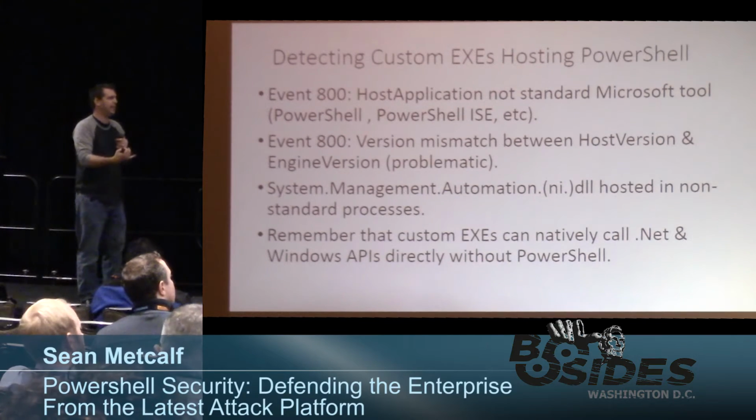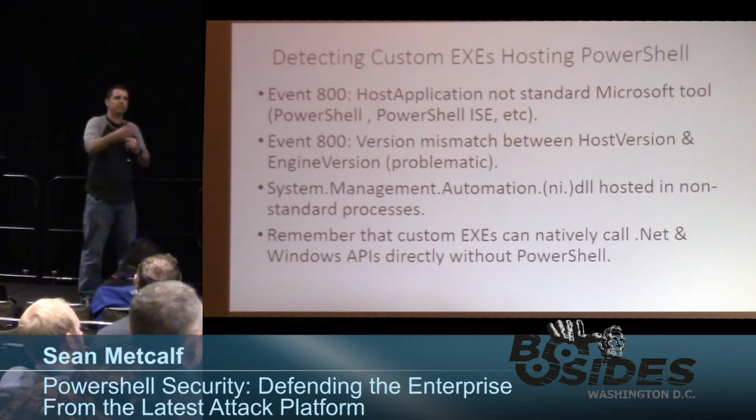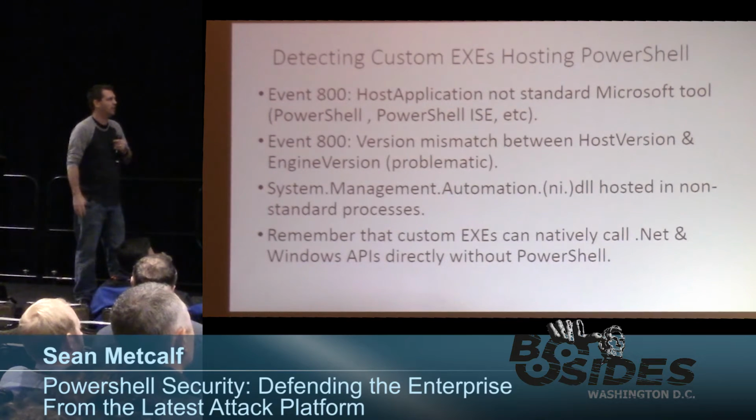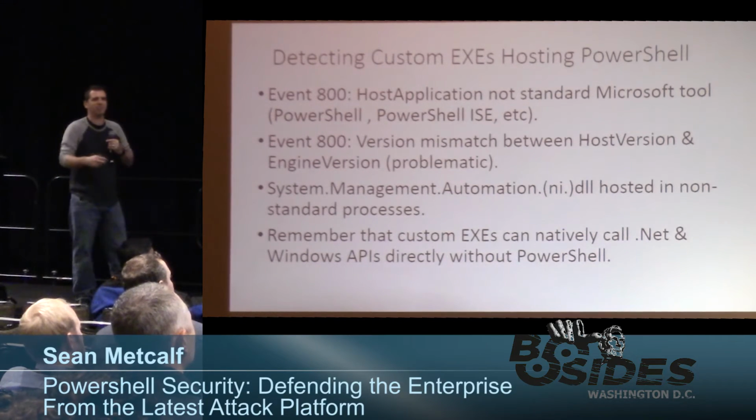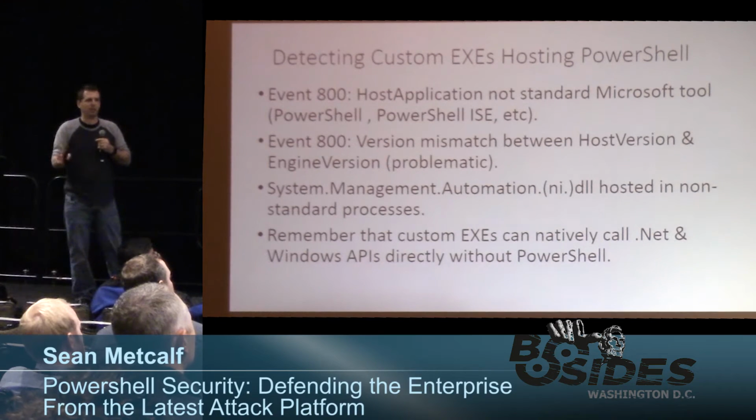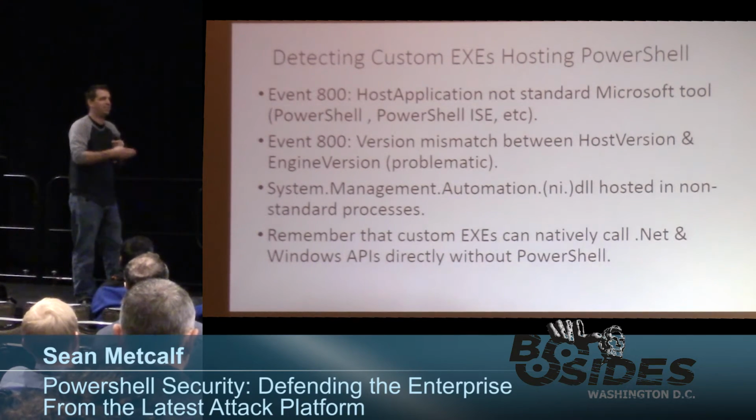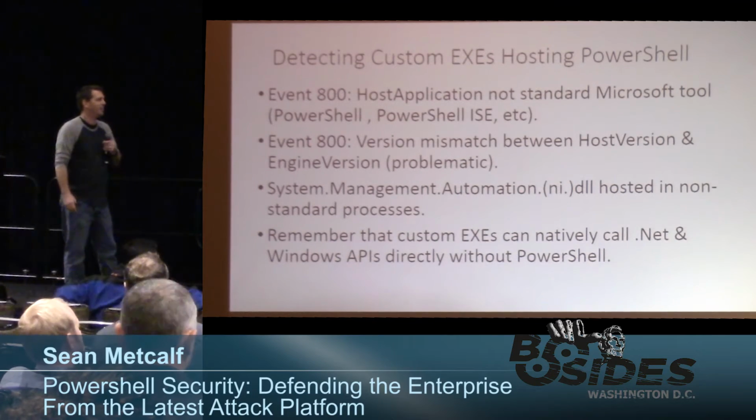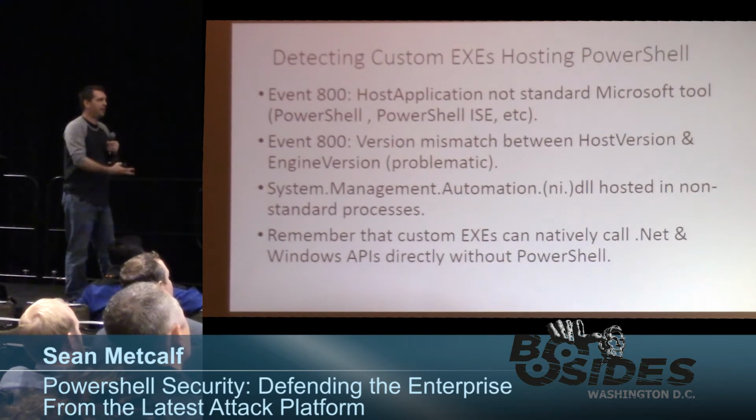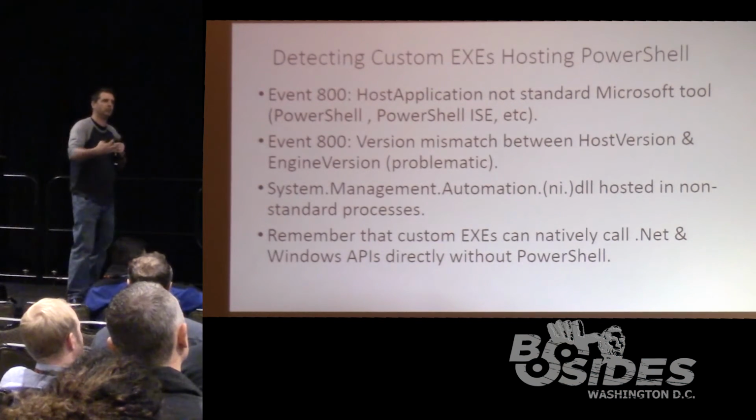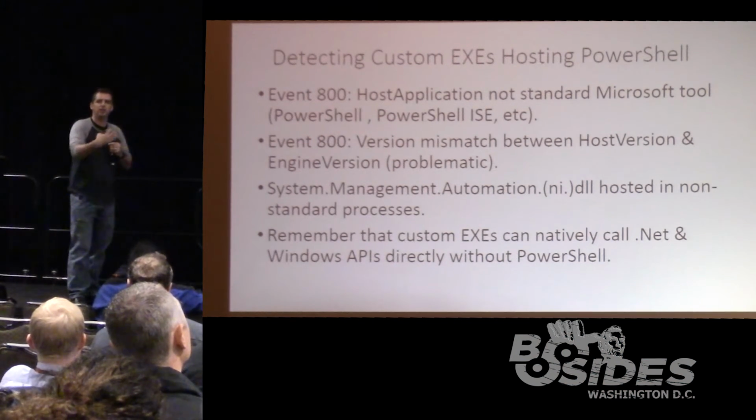So how do we detect it? Well, we can look at event ID 800, which means that if you're not pulling the original PowerShell logs, you probably need to pull those in addition to your operational logs. We can look for those host applications, not a standard Microsoft tool. It's not going to be 100%, but it's something to look at. Because if it says PS attack, it's probably not PowerShell.exe. Version mismatch. System.Management.Automation being hosted in a non-standard process. If you're using a tool that's able to look at processes and what they're loading,